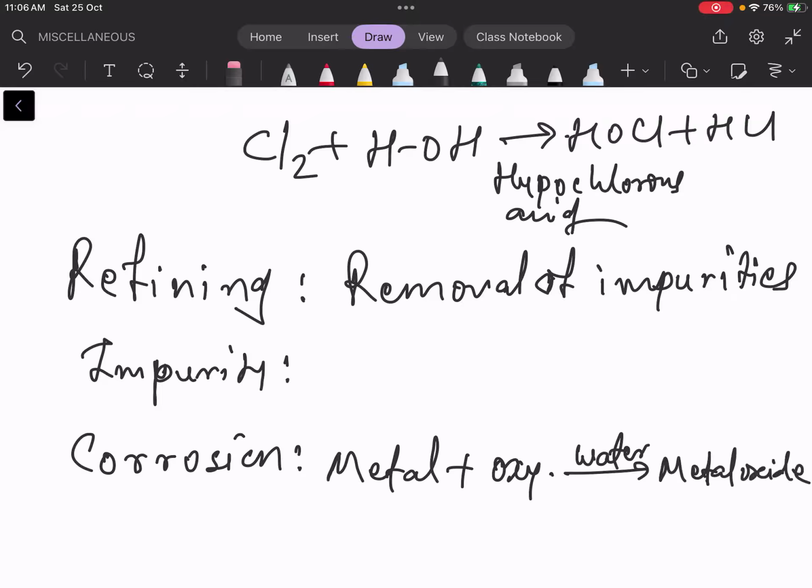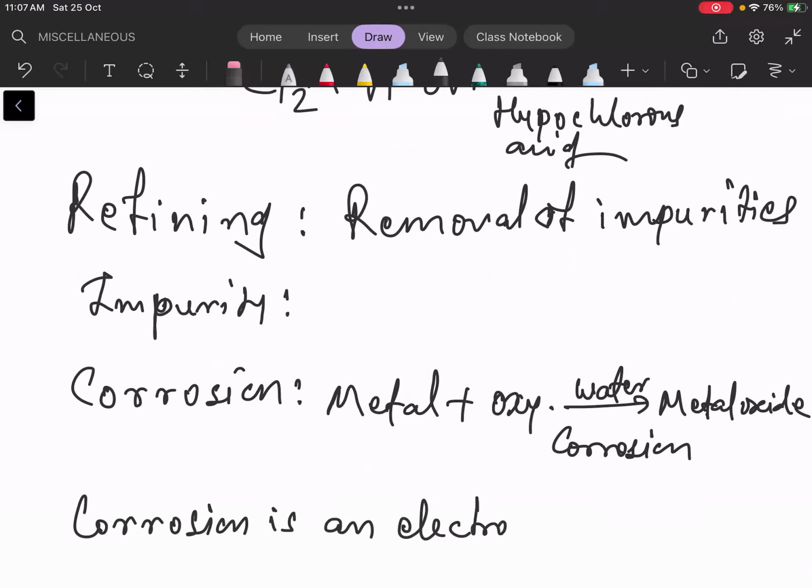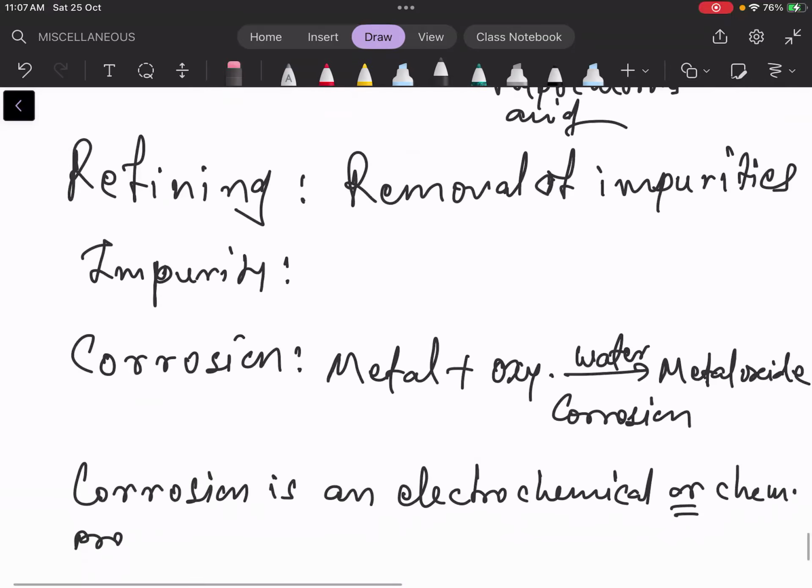This combined effect of oxygen and water to convert metal into metal oxide, the process is called what? Corrosion. So what is corrosion? Corrosion is a process. Corrosion is an electrochemical or chemical process